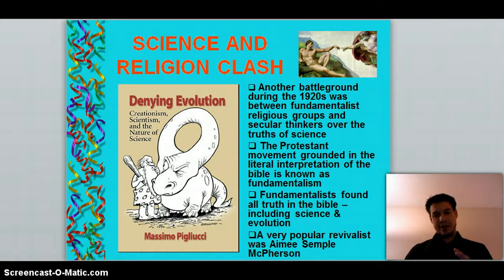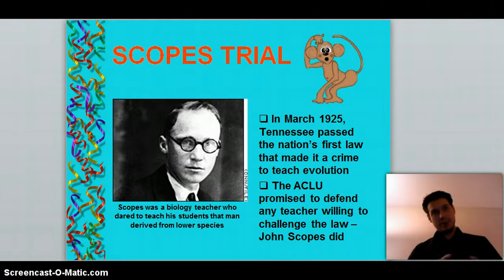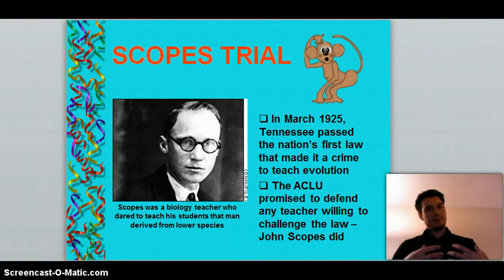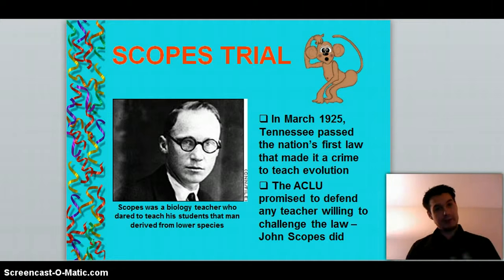Back then, we had a huge number of people teaching the very fundamentalist view of creation, where God created human beings, the first ones being Adam and Eve. Now, Charles Darwin says that it's through evolution that human beings became what we are today. We literally started off as monkeys and then evolved into cavemen and so on. And this leads to the Scopes trial, because in March 1925 Tennessee passed a law that made it illegal to teach evolution.